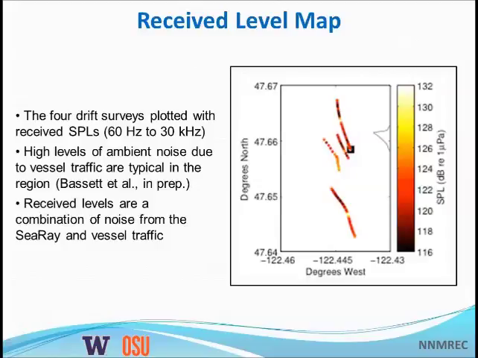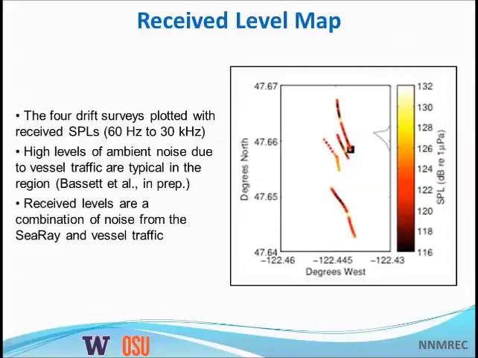And I guess the point I really want to make here, I don't want anyone to look too carefully at this plot, because it's hard as you try to find a pattern, you're not going to find one. And of course, we expect that noise from this device is going to decrease as we move away from it. The problem with doing this kind of study in Puget Sound is that there is so much vessel noise that if you throw a hydrophone out in the water for an hour, you're likely going to get a bunch of different vessels that pass.